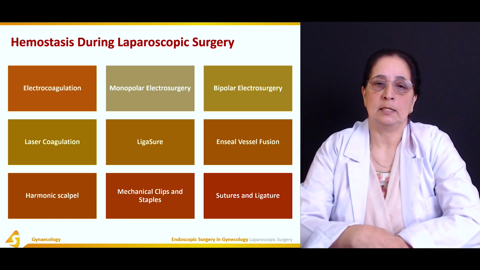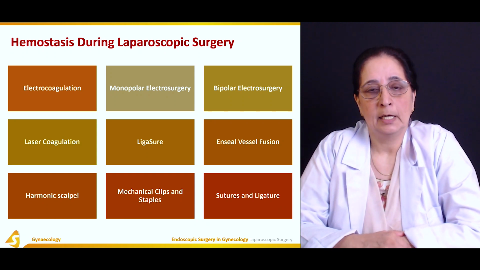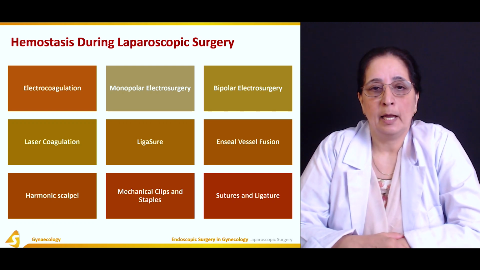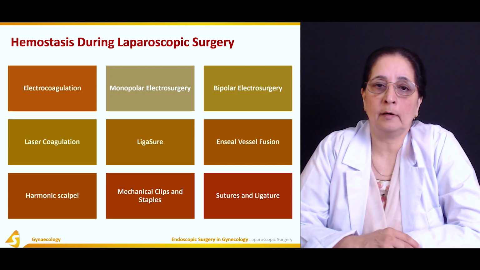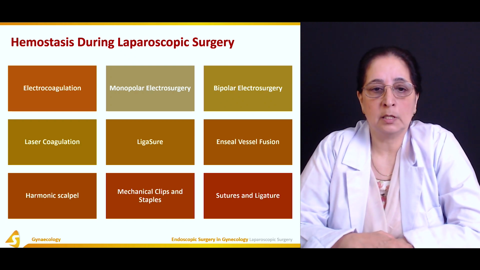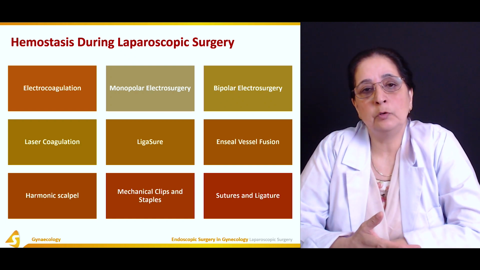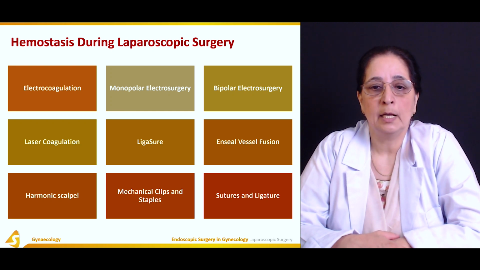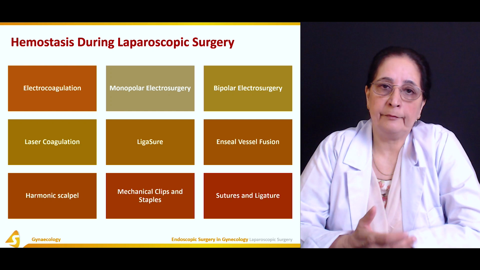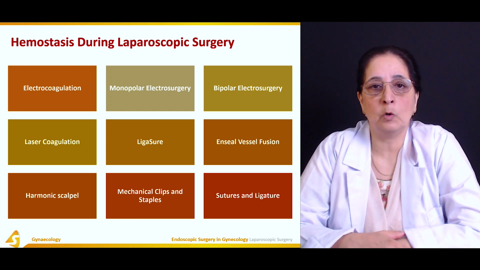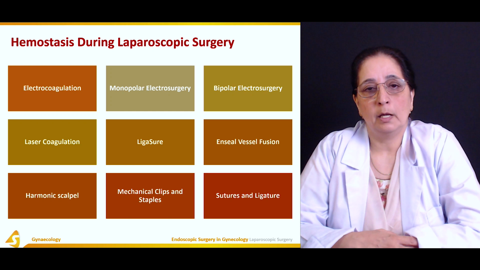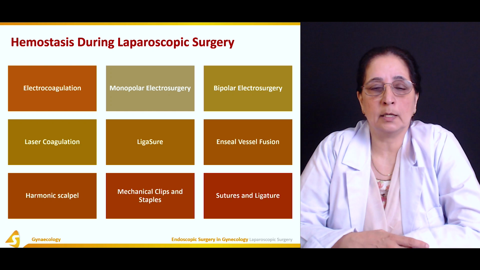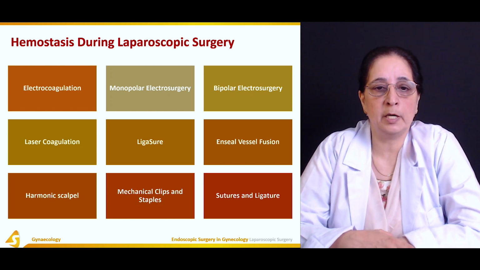So hemostasis is control of the bleeding during the surgery. In any surgery, there are usually chances of blood loss due to injury to the blood vessels. So hemostasis is very important to achieve during any surgical procedure. Different methods are used to achieve hemostasis or to control the blood loss. Some of the common procedures used for hemostasis are: